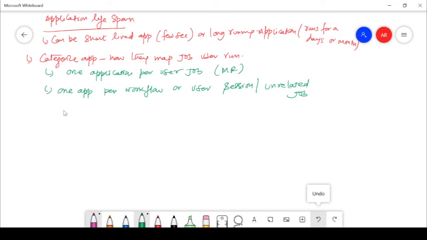If it is more efficient, that means the container is actually reused between the jobs.